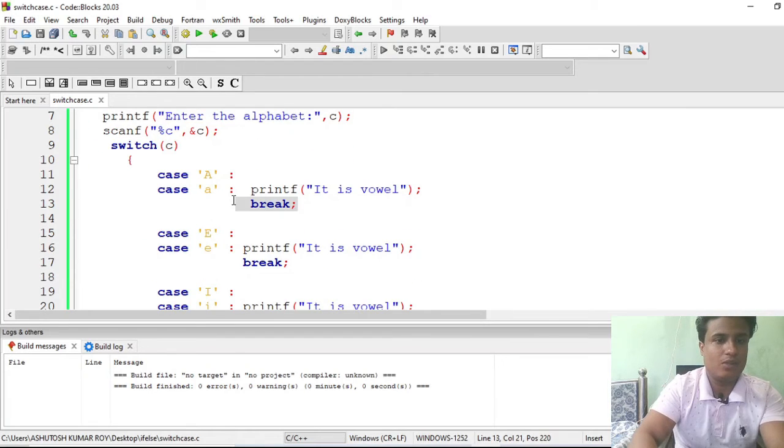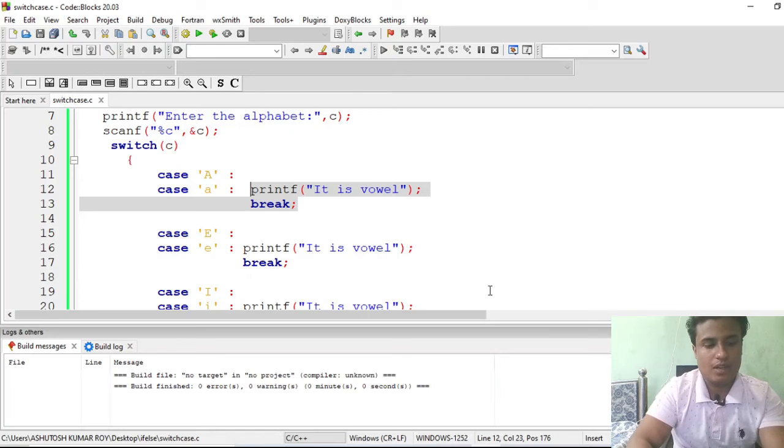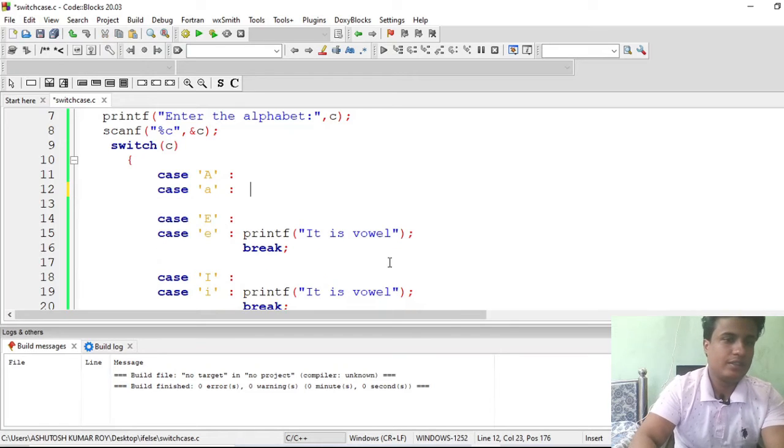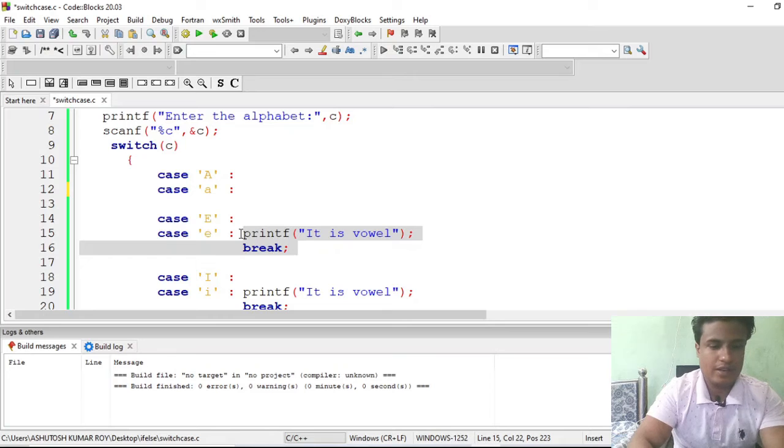Okay, let me show you that. There is no need to write the printf block every time, as it increases not only the time complexity of the code but also the space complexity. So let me remove all this.